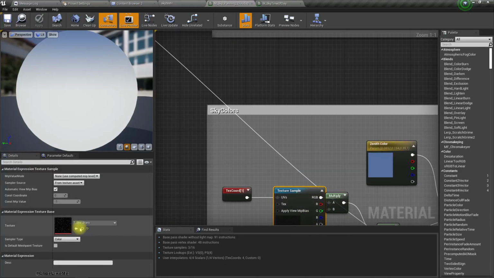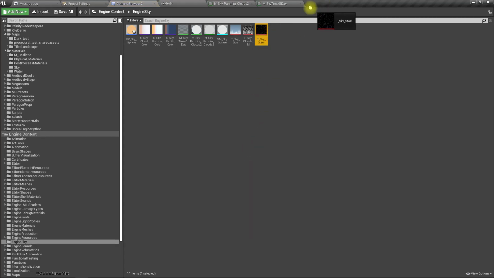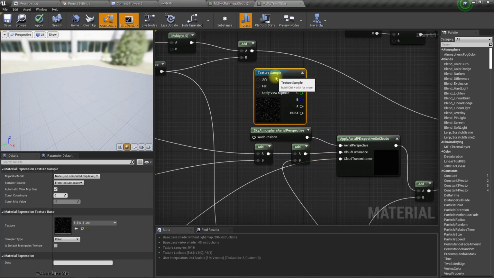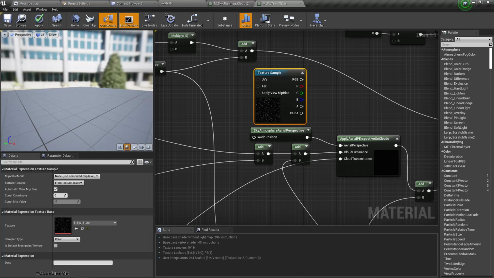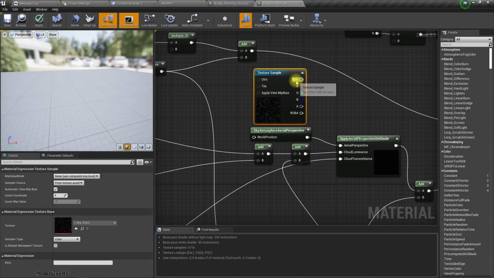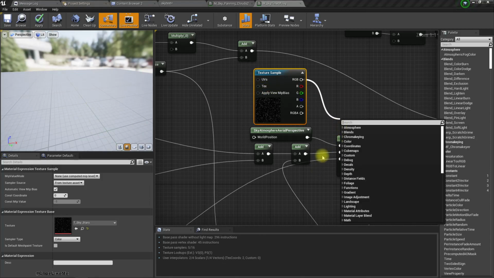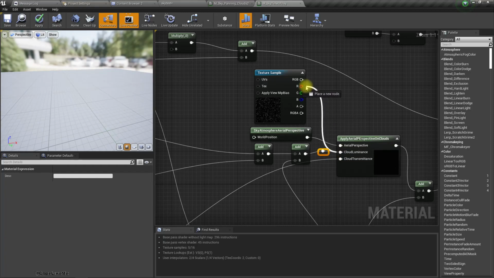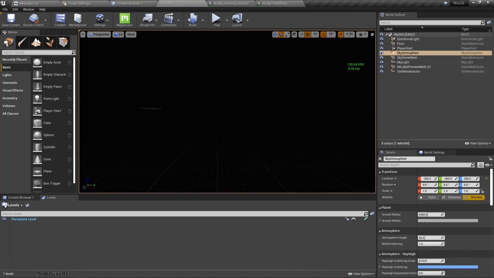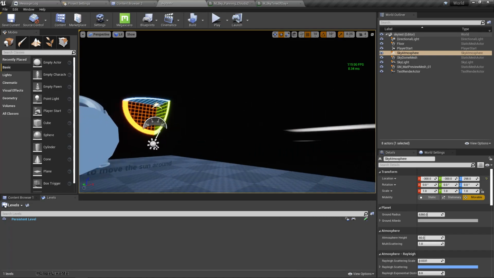Let me get the stars texture and place it here. Oh, there is, and let's replace this connection with this. And shall we see how it looks now? Oh, I think those are the stars,